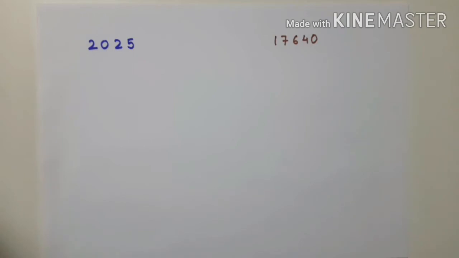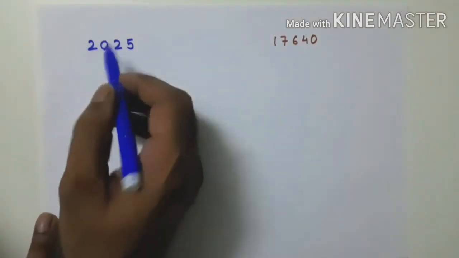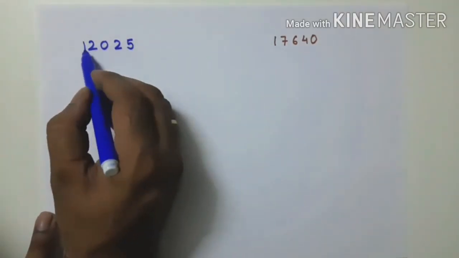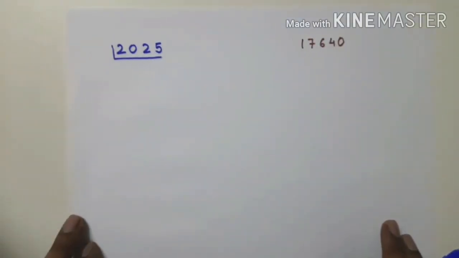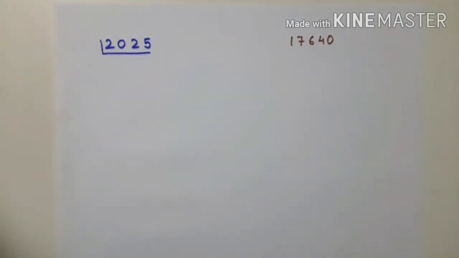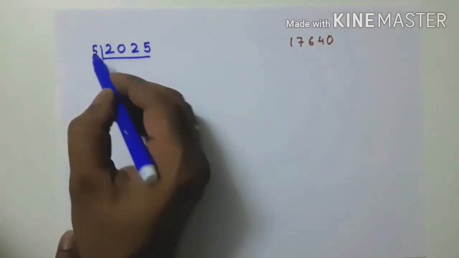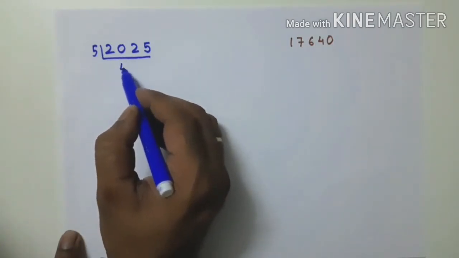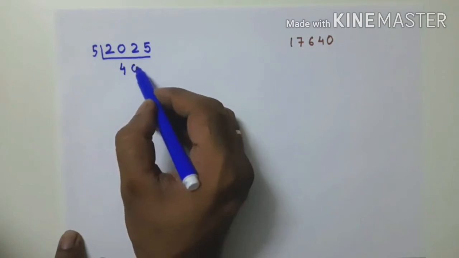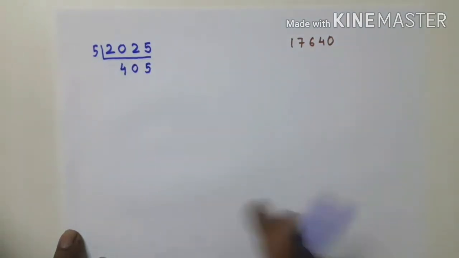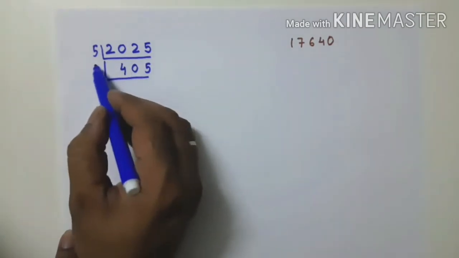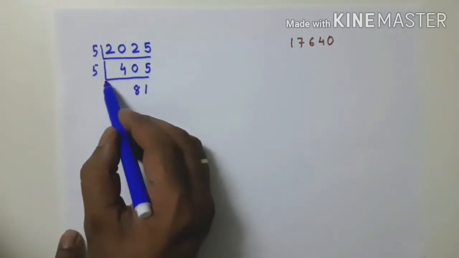Let's take two numbers and determine whether these two numbers are perfect squares or not. So we will follow the same flow chart. First thing, take a number and prime factorize. So let's prime factorize 2025. As it is a prime factorization, we will take only prime numbers. So 2025, as it ends with 5, we can divide it by 5. So we get, 2 is not divisible, so 20. 5 4s are 20. 2 is not divisible, 5 zeros are 0, and 5 5s are 25. So we can start like this. So we will get 5 8s are 40, 5 1s are 5.